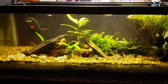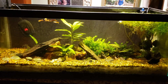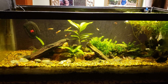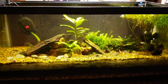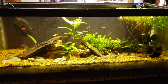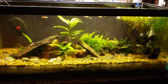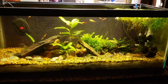Not really much more to talk about with this tank. Like I said, the water level had already gotten down a couple of inches just due to evaporation. So I pulled a couple of more inches out and then topped it back off. Nitrates, I did want to mention that. I tested the nitrate level in the tank during the before and the after. And as I suspected, the nitrate was getting up there. It was definitely reddish. I don't know how red you would call it, but it was definitely not orange anymore. So I did the water change. I tested again, and it is now sort of in the orange, very clearly around the 20 parts per million